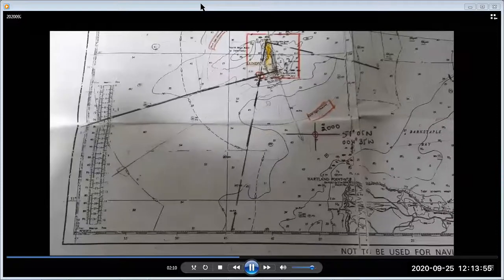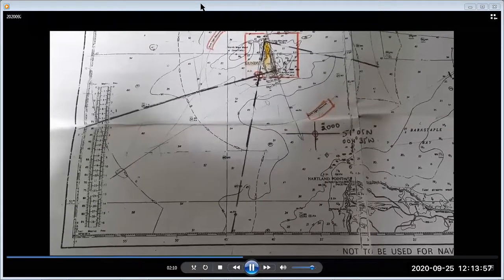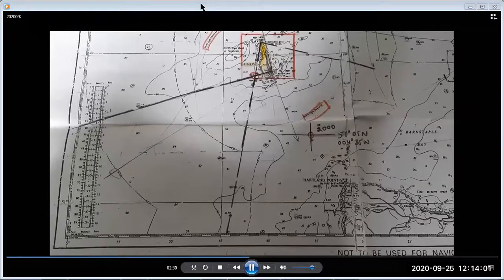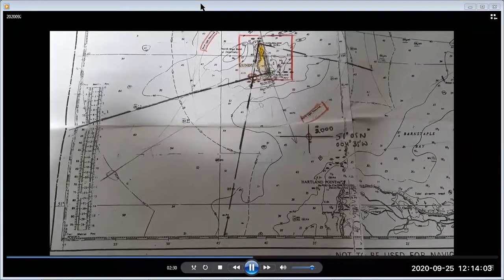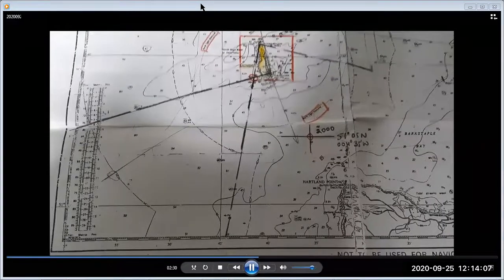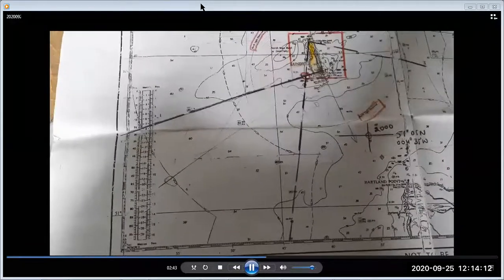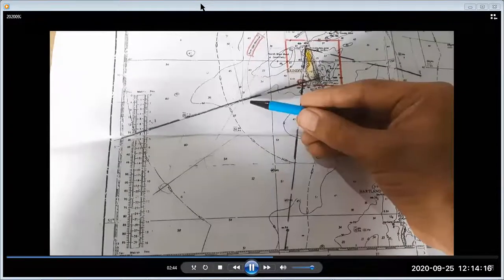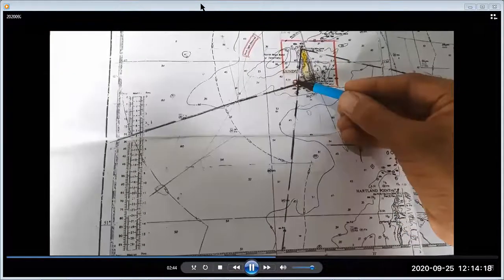After this we plotted this 2000 position, 5105 N and 00435 W, and we have the intersection of the first two bearings which we were given. The first light obscured, north Lundi, and the south Lundi, so one PL and second PL, it was cutting here.